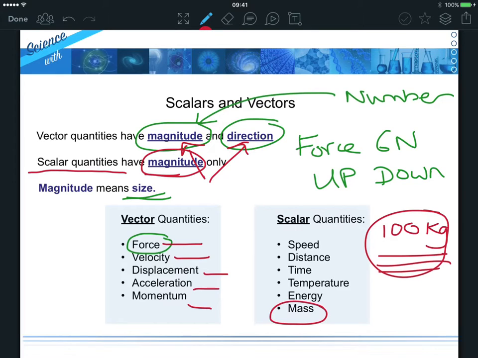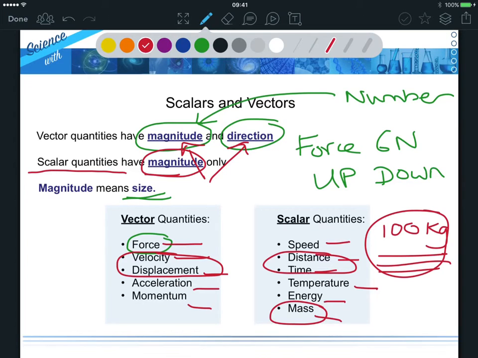Examples of scalars are speed, distance, time, temperature, energy, and mass. We're going to talk about velocity and displacement and compare them to distance and time in the next slide. There's just one more thing I want to point out, which is